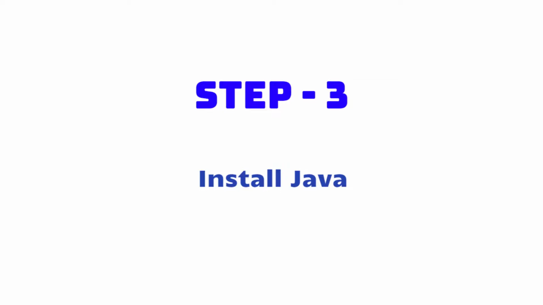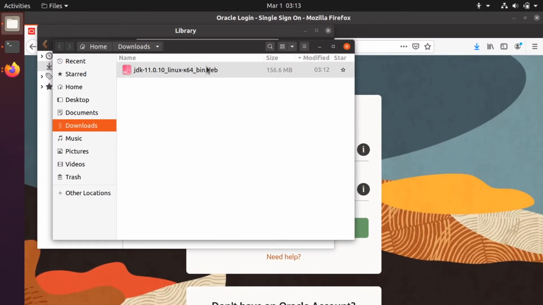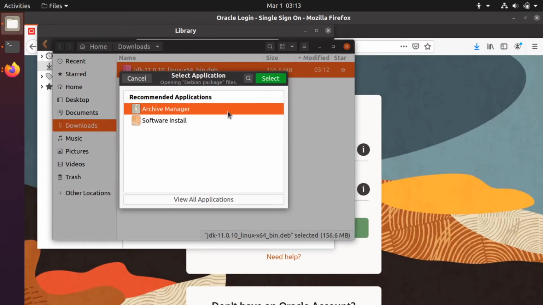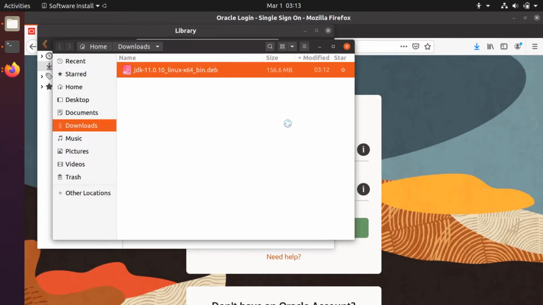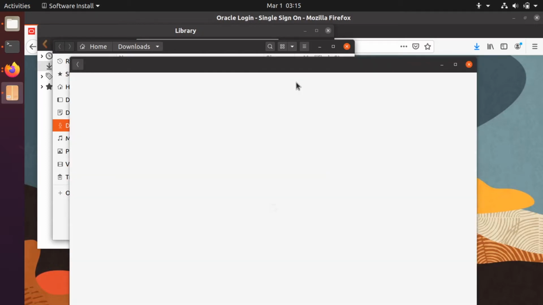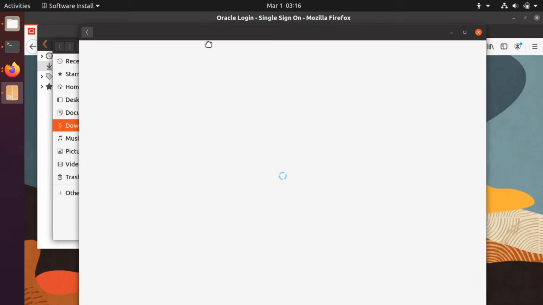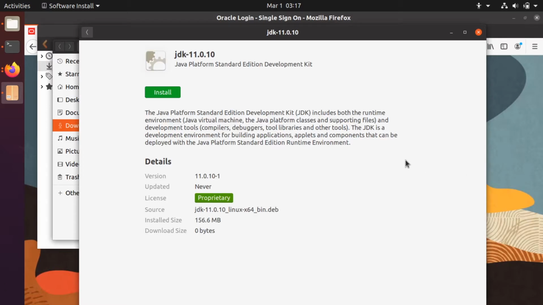To install, right click on it and open with other application, and then open with software install. Select. Just click on install.